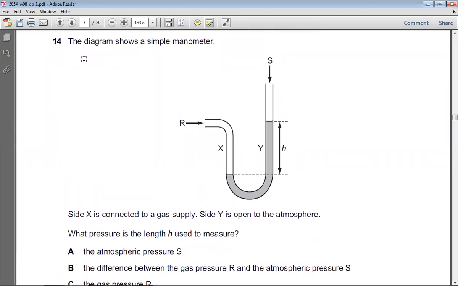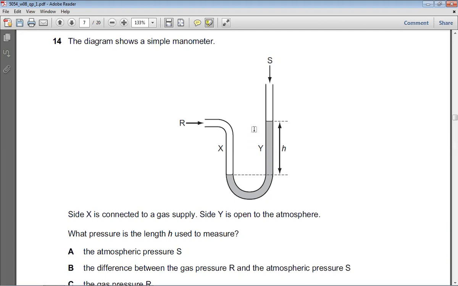The diagram shows a simple manometer. So here you have the gas supply. Here, I think it's air, and the difference of level of the mercury in both the limbs of the manometer is H. The level of the mercury on the side which is open to the atmosphere is higher, and the level of the mercury on the gas supply side